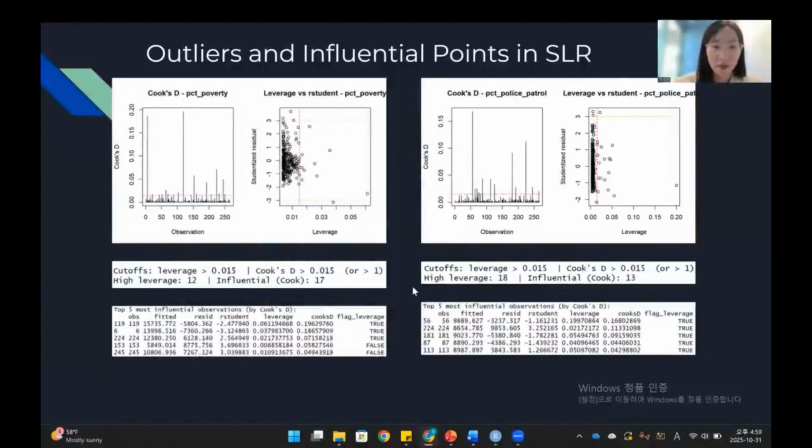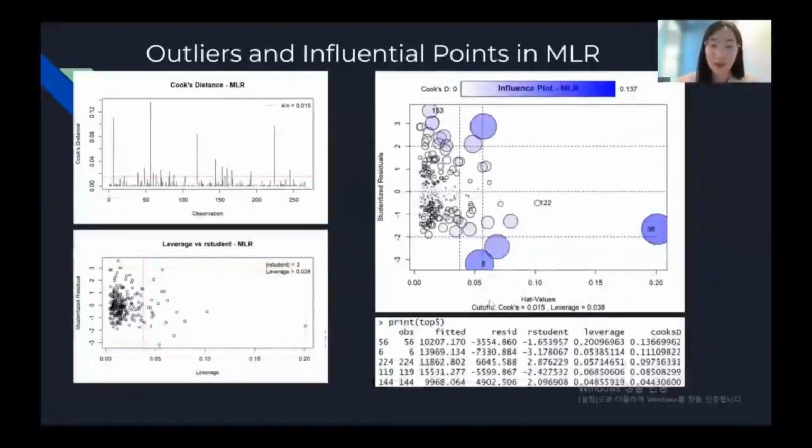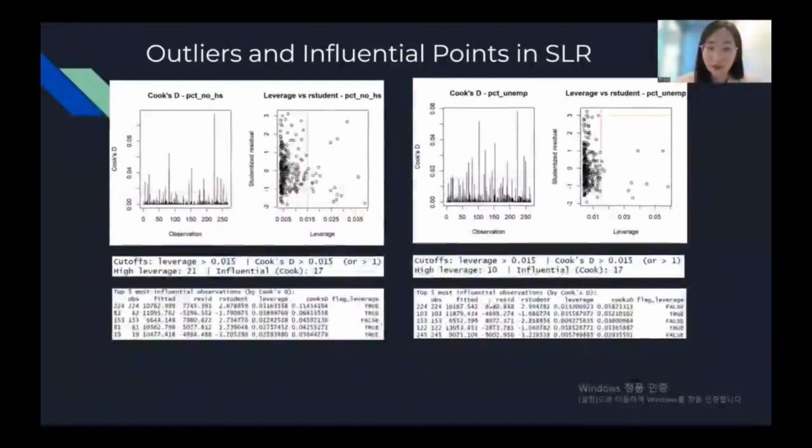In all of the 4 variables, we noticed that row 224 appeared in all of these outlier analyses, and so we can determine that row 224 is definitely an outlier in the SLR models